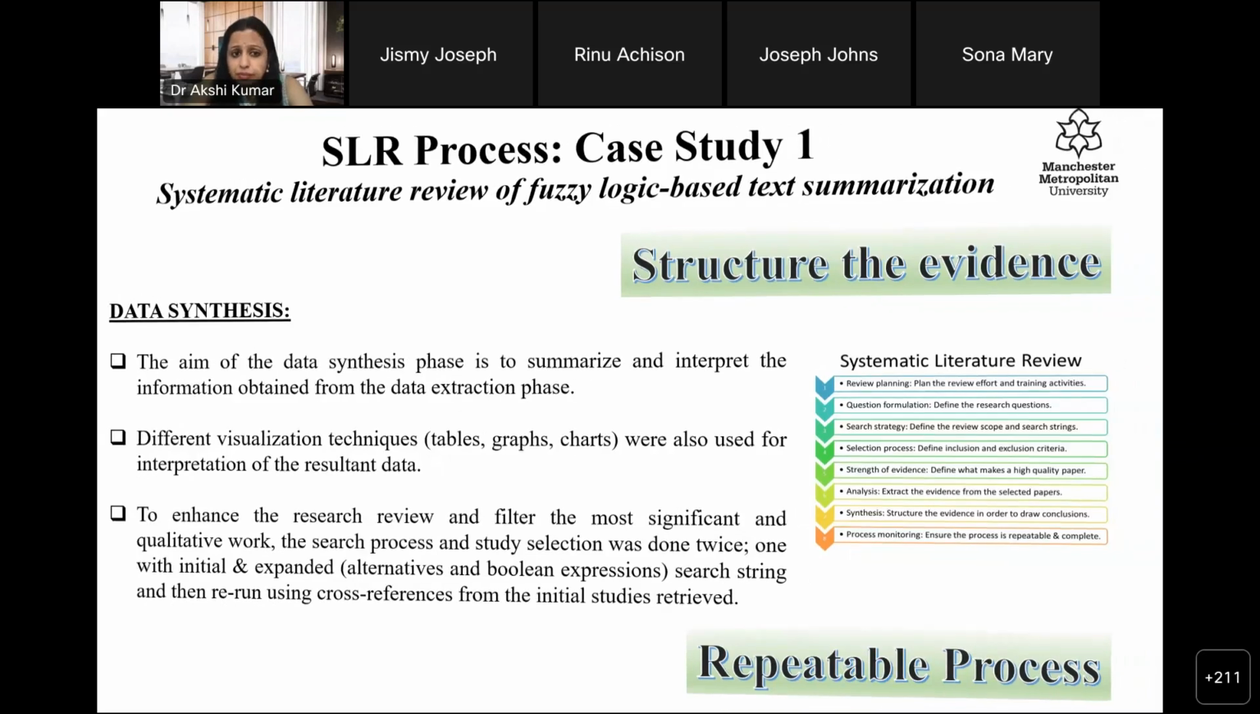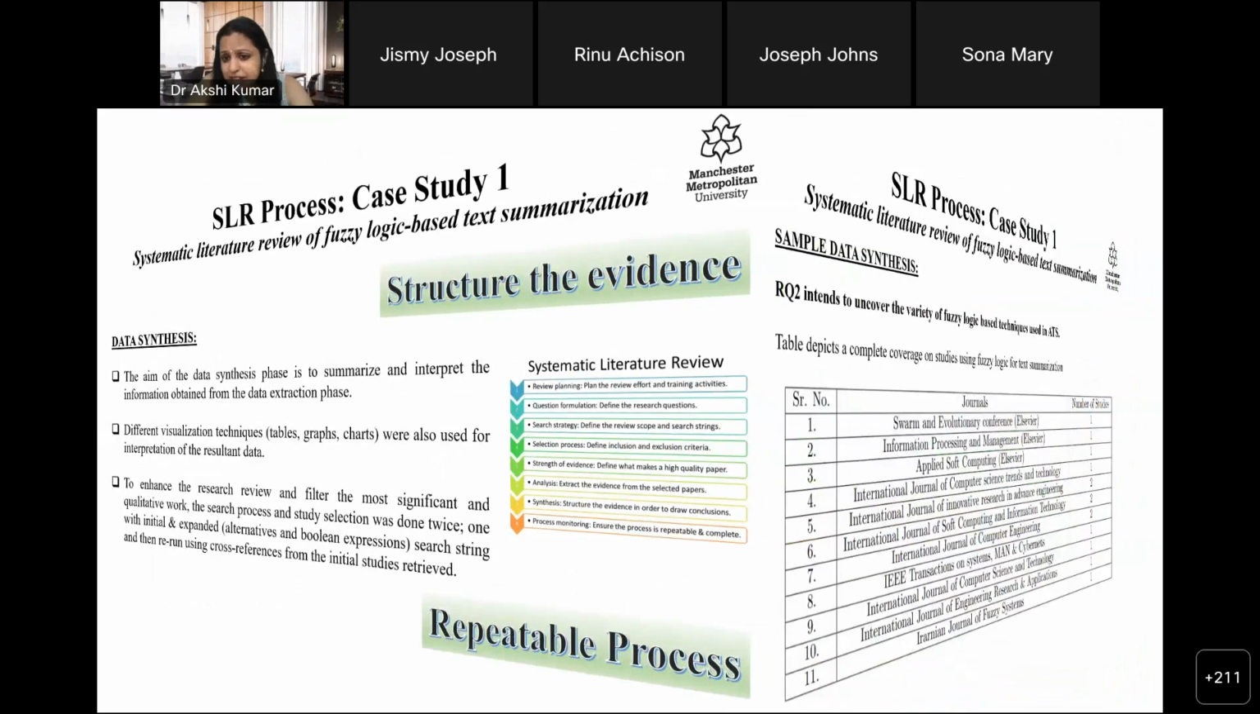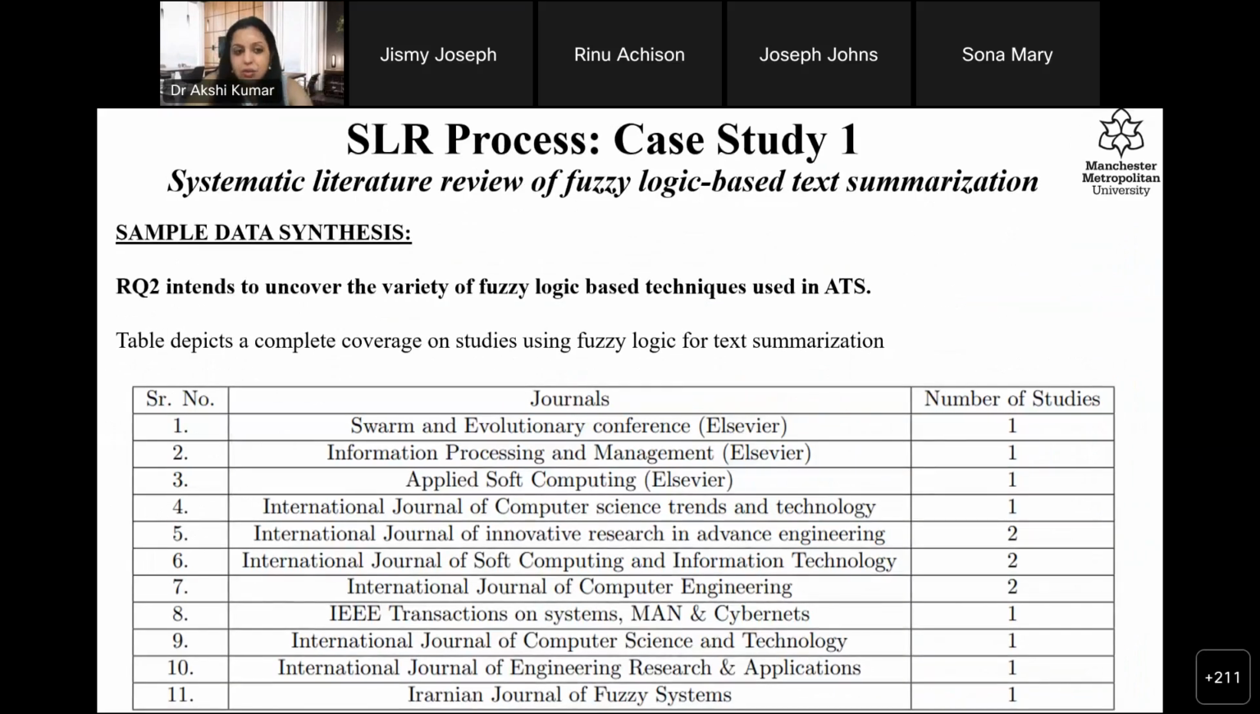So in this case study, this is the sample data synthesis, the last part that we get. The synthesis should be able to answer one of the research questions. The final phase should be an answer to the first phase, if I call it that way. So your RQ2 was to uncover the variety of fuzzy logic techniques that have been used. So we were able to find out that these are the journals. If we want to put in a discussion on what kind of journals publish this kind of work,